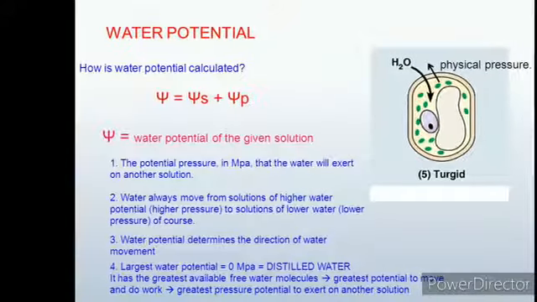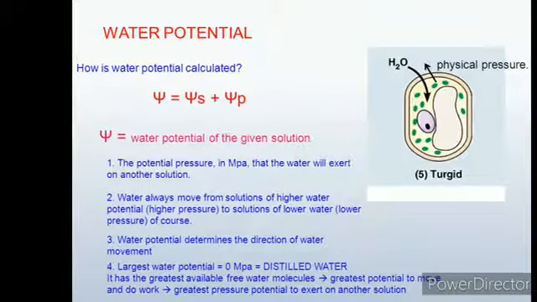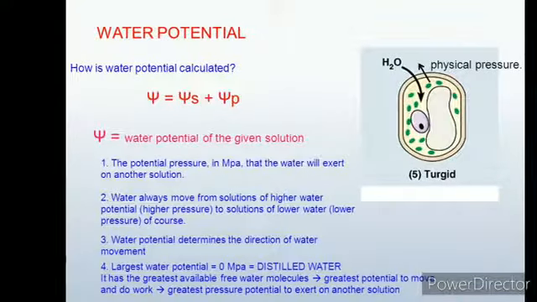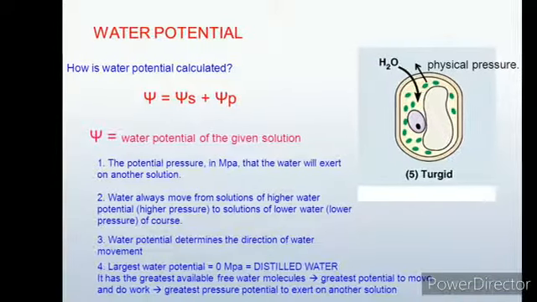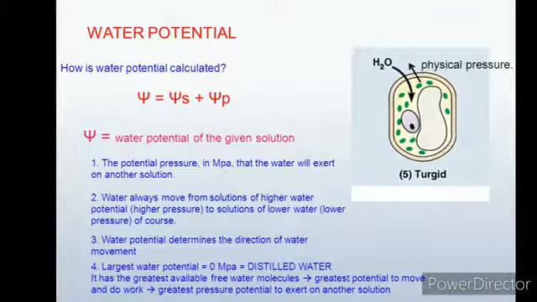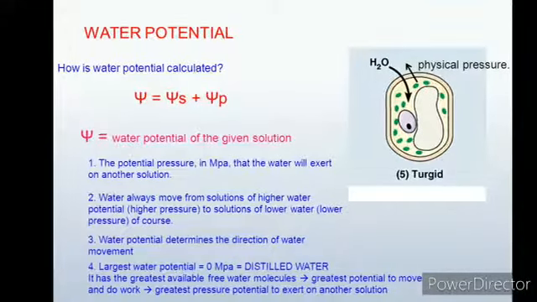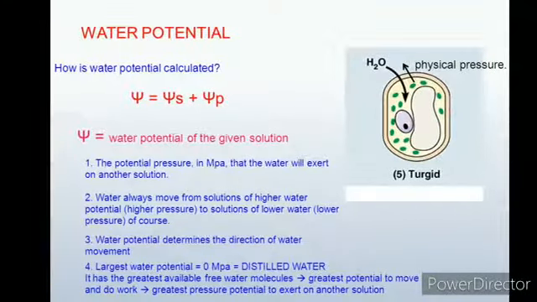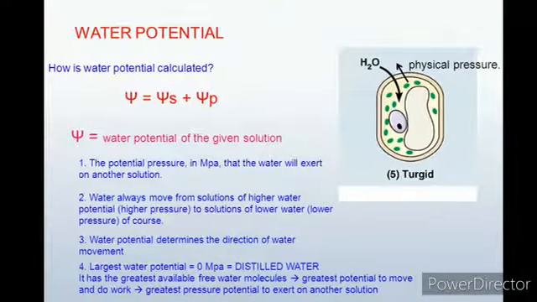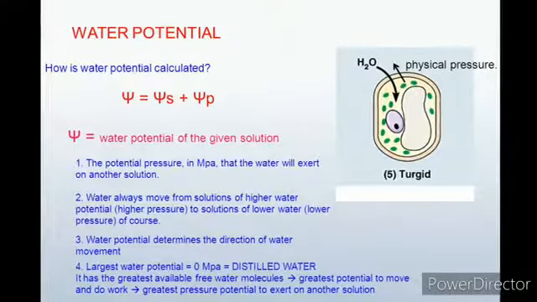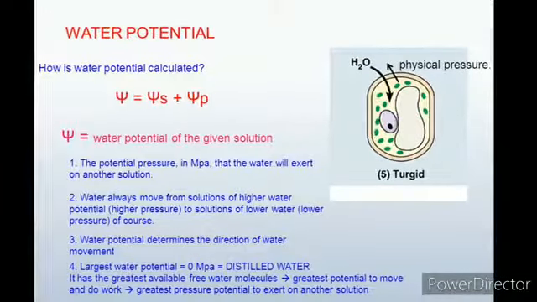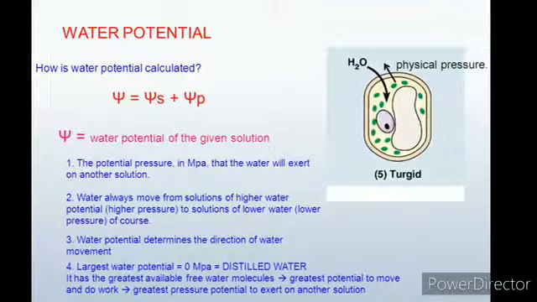Now coming to water potential. Water potential is defined as the chemical potential, that is nothing but the free energy of water. Water potential is denoted by the Greek symbol psi, with capital P and small si. It is expressed in pressure units such as pascals, which is written with capital P and small a. The water potential of pure water at standard temperature and pressure is always taken to be 0.